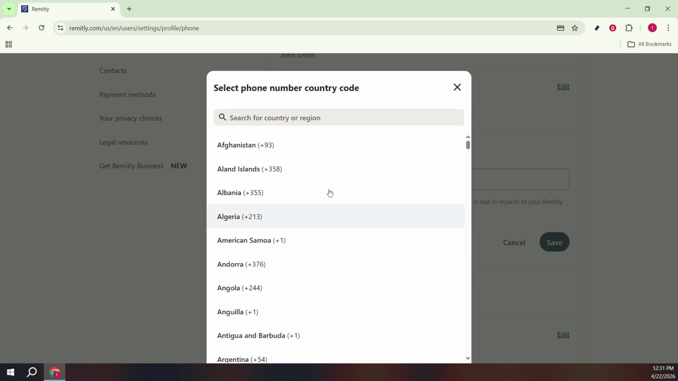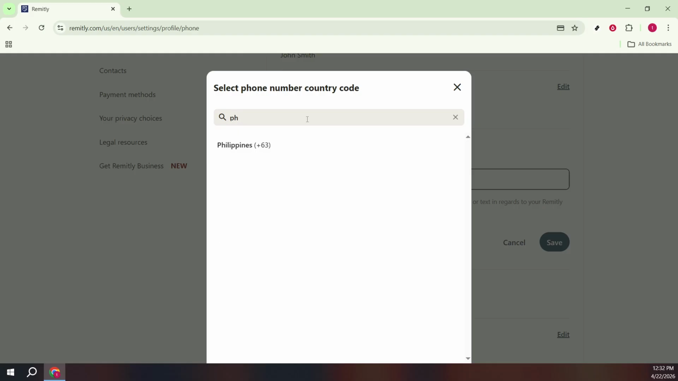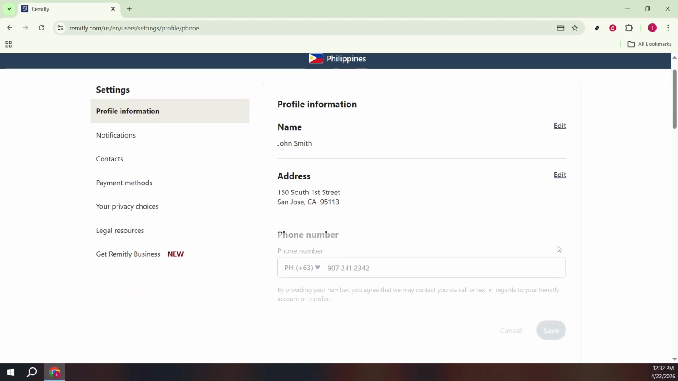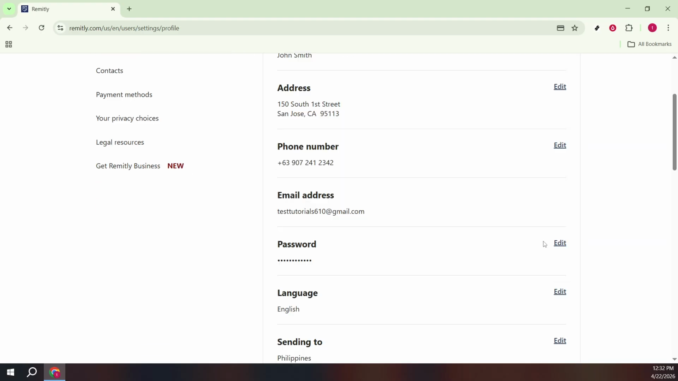While you're still in profile information, you'll also see sections for email address, password, language, and sending to. These areas let you view or manage the contact email on your account, the password you use to sign in, the language you prefer for the site, and the country you typically send to. It's helpful to be familiar with where these live so your details and preferences stay consistent with how you use